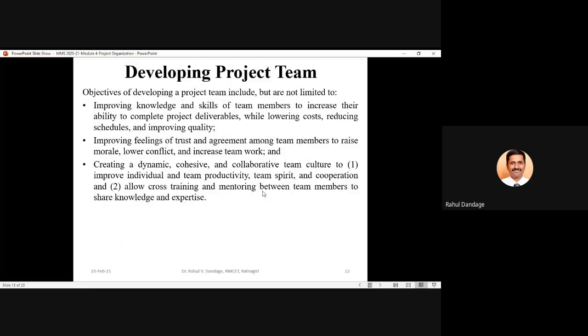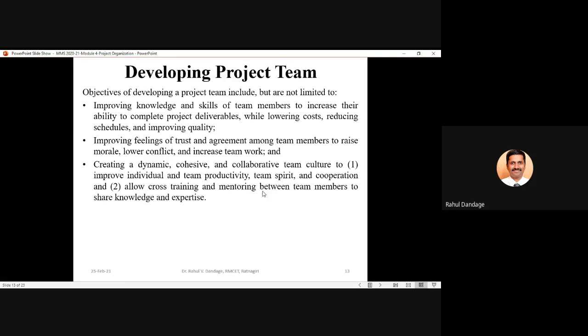The objectives of developing a project team, they include but not limited to the following points. Number 1, improving the knowledge and skills of team members to increase their ability to complete the project deliverables while lowering the costs, reducing the schedules, and improving the quality. So in the process of developing project team, we should try to emphasize that knowledge and skills of team members should get improved, and this knowledge and skills of team members should be improved for what? It will facilitate